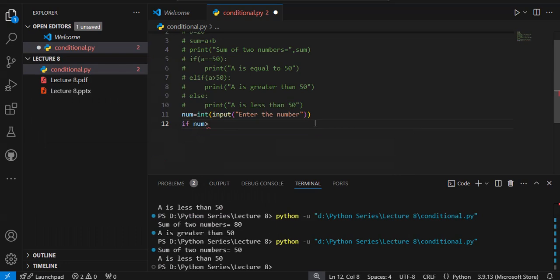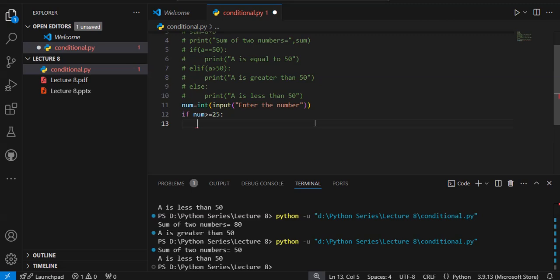If number is greater than or equal to 25. Remember that I am using relational operators here. Greater than, equal to, less than, equal to, that I have already told you in my previous lectures where we studied about the various types of operators. So if number is greater than or equal to